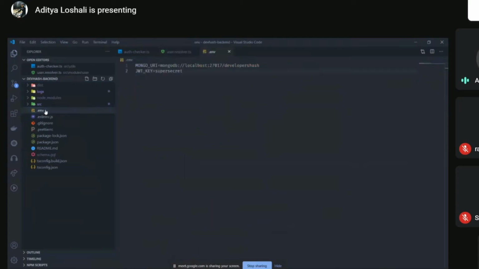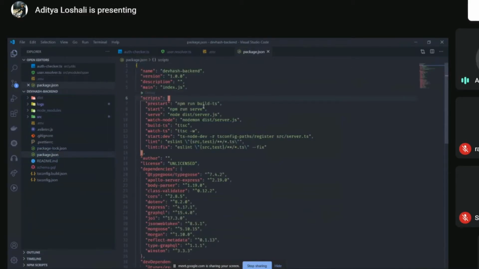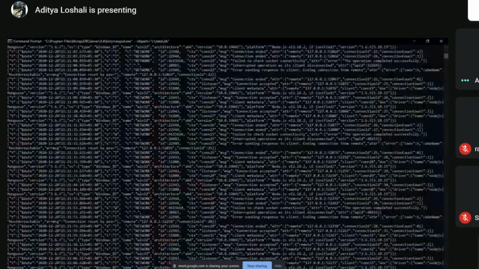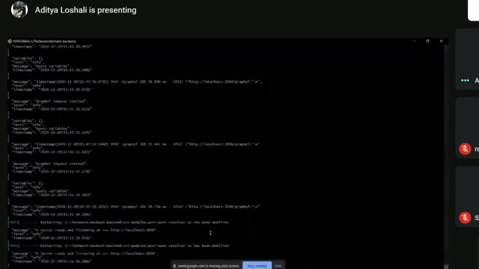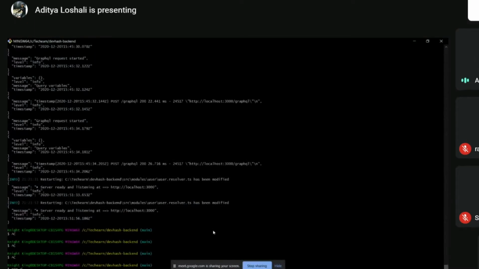We just need to include our Mongo URI here and the JWT secret. Once the environment setup is fulfilled, then to run it in development, we just need this command here: yarn start dev or npm run.